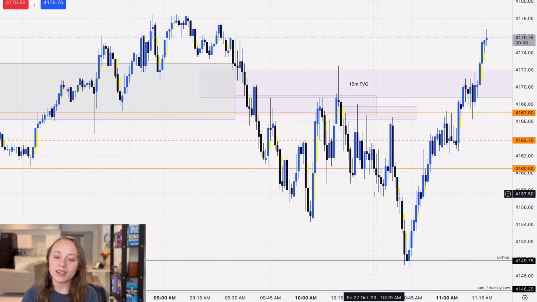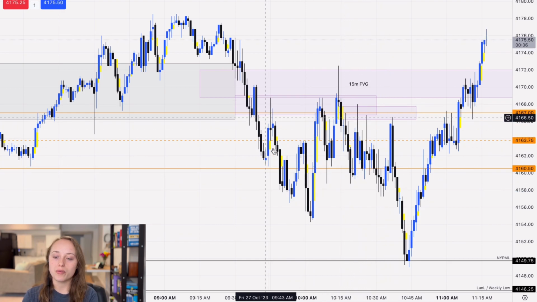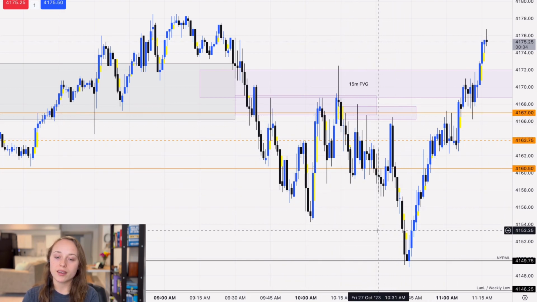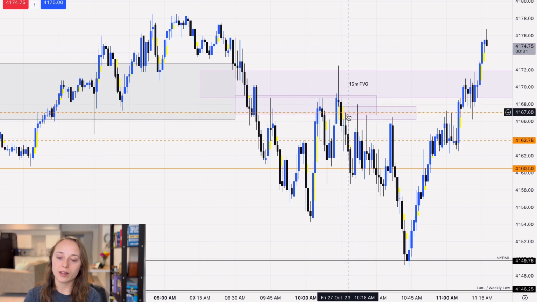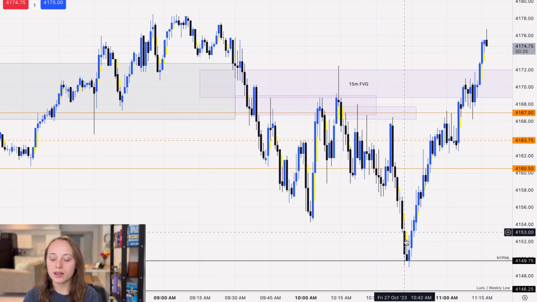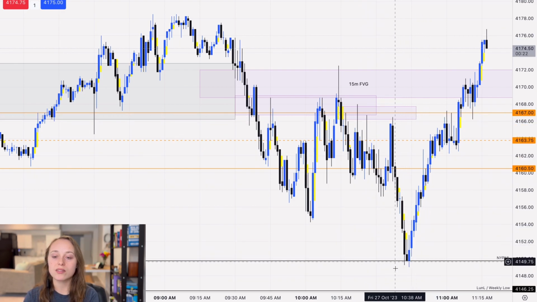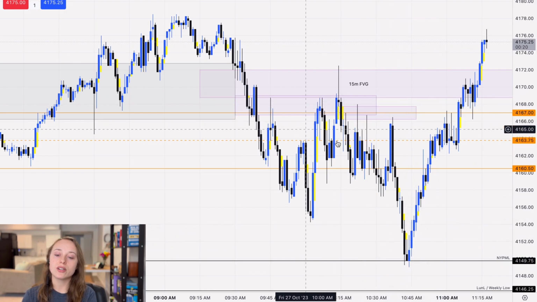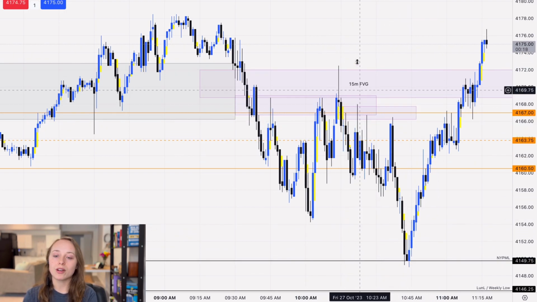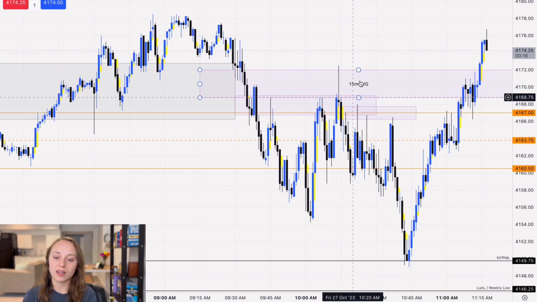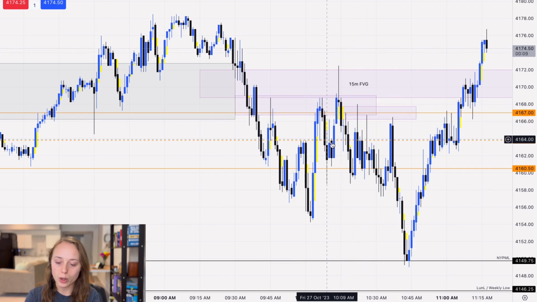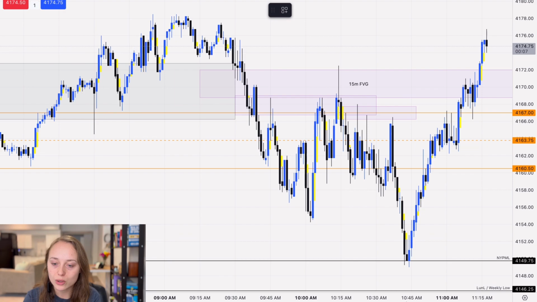However, I don't really like this price movement in general. Now, we did trade into this 1-minute fair value gap a couple of times. See how we just went 1, 2, and 3 before ultimately moving lower into our sell side objectives. So yes, I could have entered a trade here with the higher time frame analysis of the 15-minute fair value gap, came back into this 5-minute fair value gap, couldn't close in, and then we ultimately could have traded on this 1-minute fair value gap right here for a shorting opportunity.